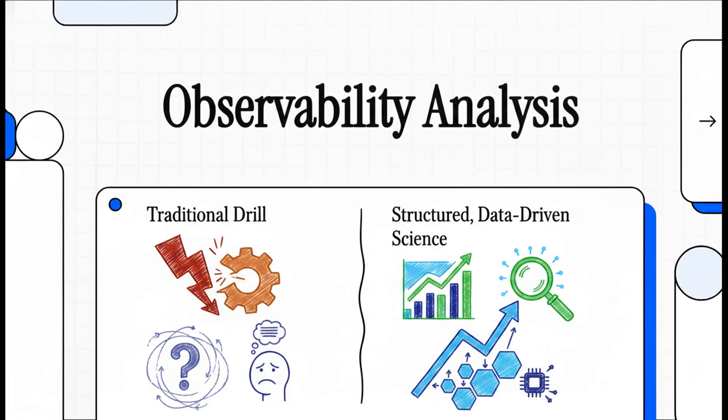Right, let's dive into this explainer and really unpack how high observability systems are fundamentally changing the way we debug our software. I mean, if you've been working in systems engineering for a while, you know the traditional drill all too well. It's 3 a.m., the pager goes off, your heart rate completely spikes, customers are getting 500 errors on the main checkout page, and the company is literally losing thousands of dollars a minute.